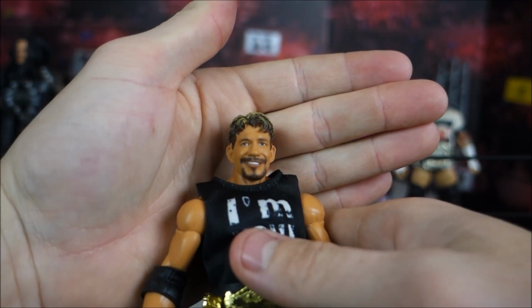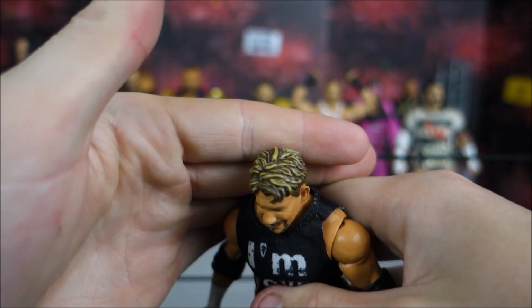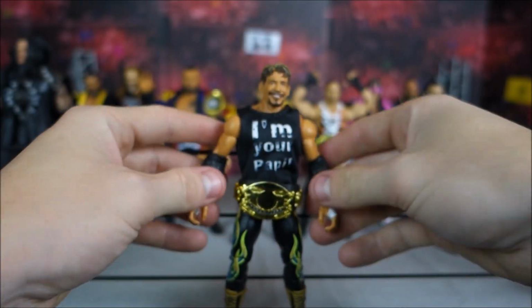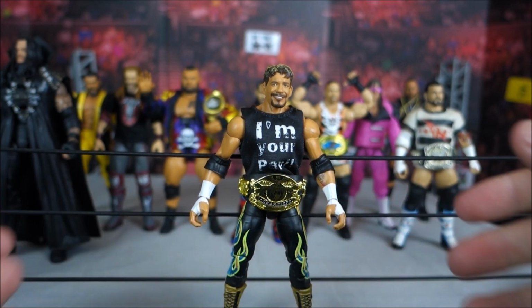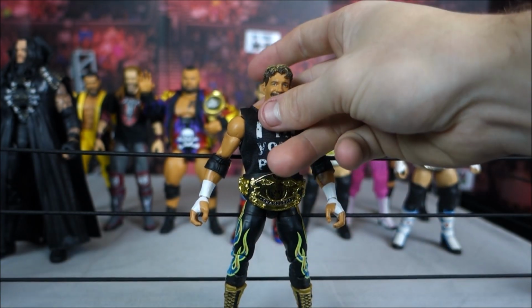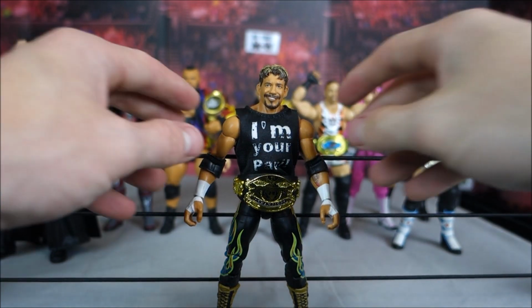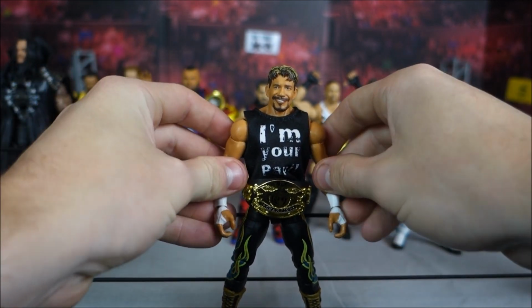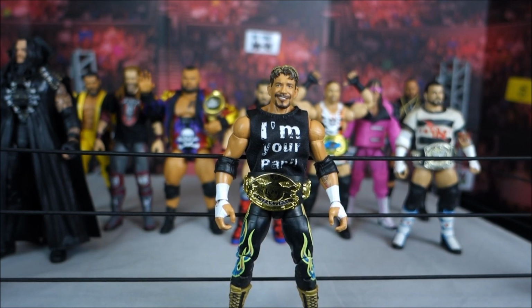Oh my god. What a great head scan this is. Got the smirk there and the hair. The two tones in the hair. It is a really amazing head scan. That is why this figure has made my number 1 figure of all time. Rest in peace to the GOAT, Eddie Guerrero, my favorite wrestler of all time. He has an amazing Legends figure here, and I cannot wait to see more Eddie Guerrero figures coming in the